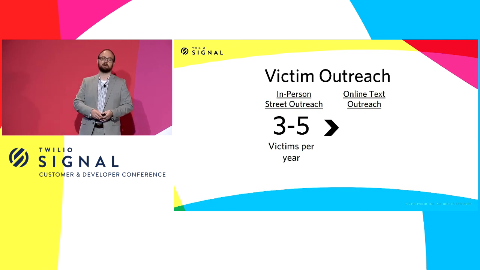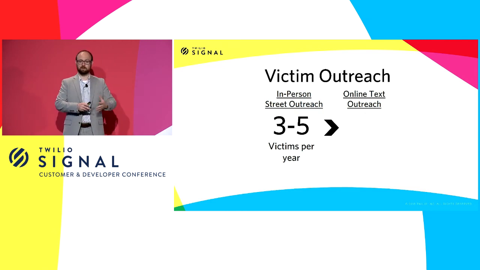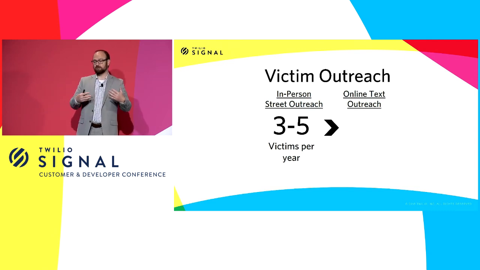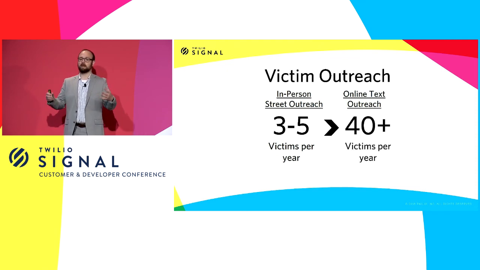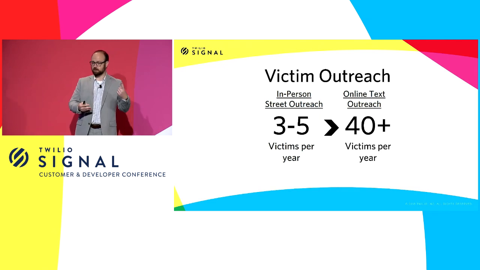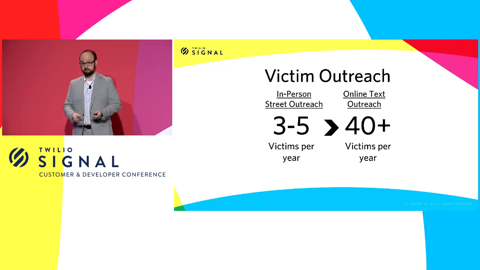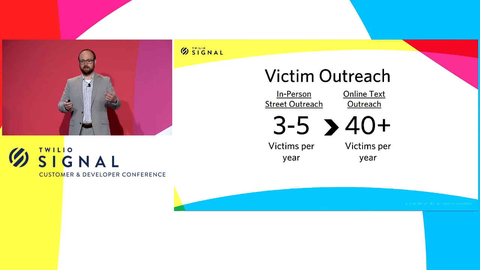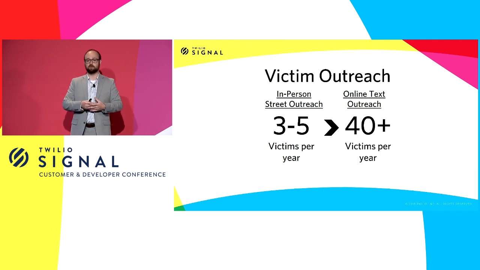When we set up our text outreach platform in the first pilot year, in even the most limited version, we had one advocate at one organization. Every week around 2 p.m., she would send outreach messages. And in her first year of outreach, she was able to get 40 folks out of trafficking situations in one year alone. One of the things that's really incredible about that is that we were able to see a change not only in the way that people were getting out of trafficking situations, but also in the way that service providers were starting to provide services.